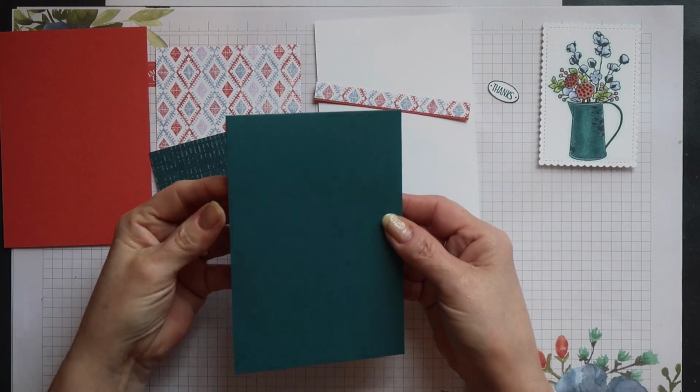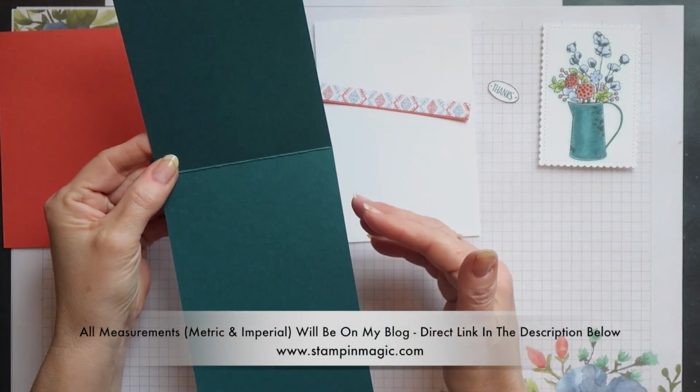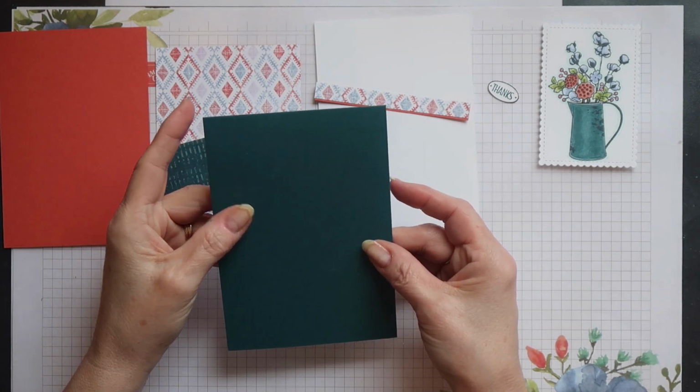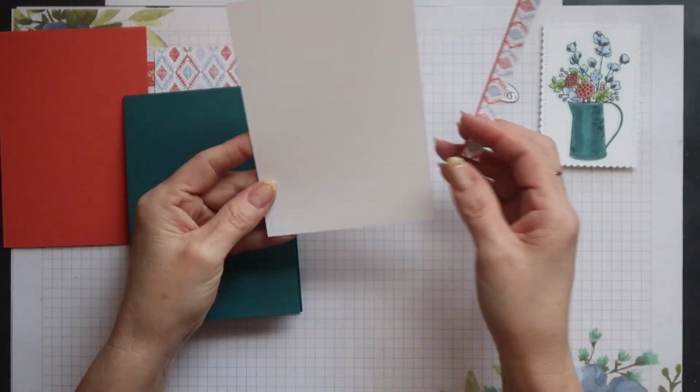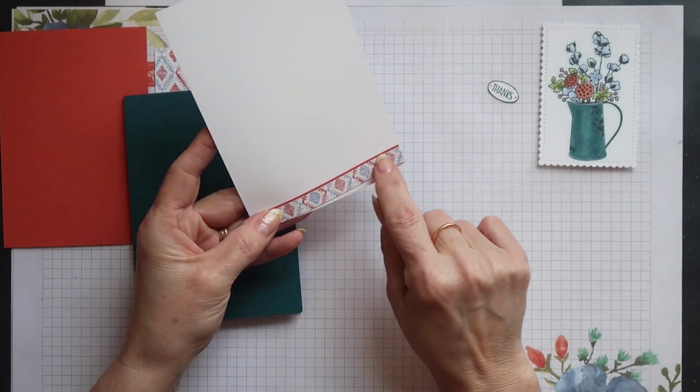My card base is in Pretty Peacock, and this is half a standard sheet of card scored in the middle and folded to create a portrait card base. Then for inside the card, I have a Whisper White mat, and I'm going to decorate this with a little